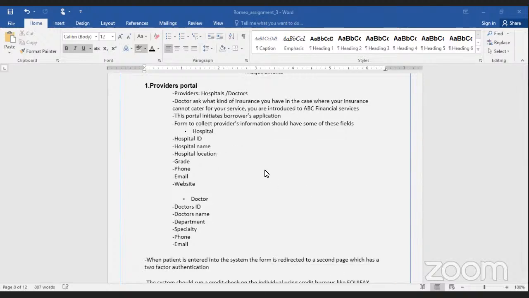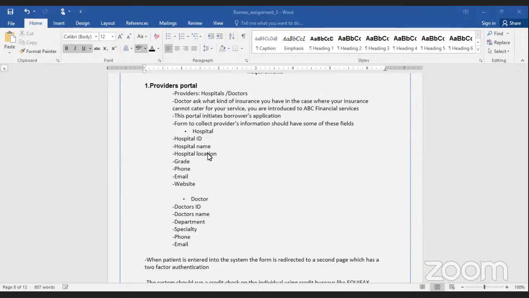So to collect provider information: if the provider is a hospital, the provider is supposed to have an ID which will be internally generated by the system. The provider is supposed to input their name, their location, and what grade their facility is. In hospitals, even here in Ghana, hospitals have grades. Some hospitals are higher in grade than others.